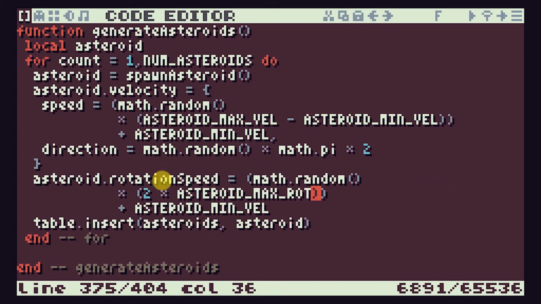That will give us a range of double this asteroid max rotation value. And then if we take away one asteroid max rotation value, that will give us a range between minus asteroid max rotation and plus asteroid max rotation. So again, if we run that,